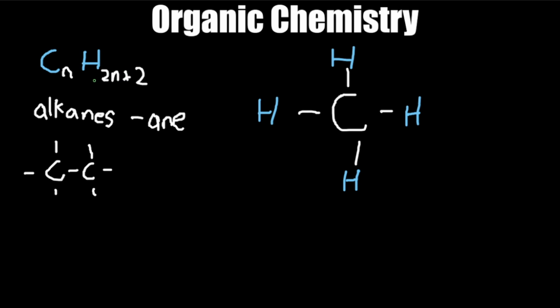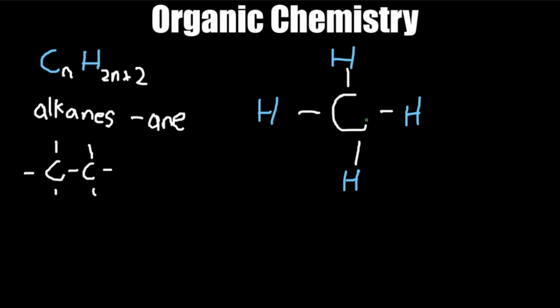This might seem a little bit gibberish, but I can assure you it's very, very simple to understand. This just means that the number of hydrogen in relation to the number of carbon is that there's going to be 2 times the number of carbon plus 2 more hydrogen. So now we can take a look at over here. Over here is a member of the alkane group. And as you can see, there is 1 carbon